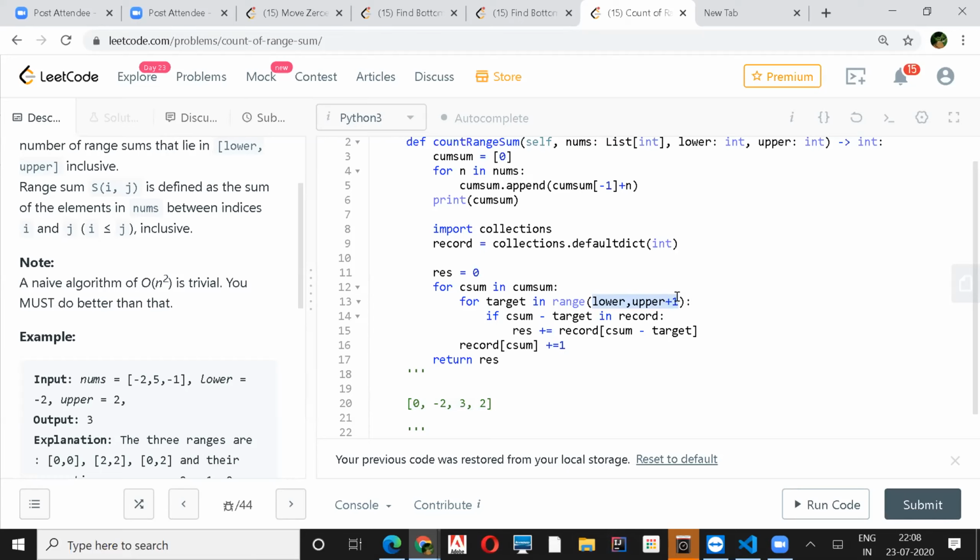That would be order of 1 in Python. The dictionary part will be order of 1, but line 13 won't take order of n. So we assume that the distance between upper and lower bound would not grow more than that. Would this not also grow? It is somewhat less than n, so it would not be more than n square. Yeah. Okay, thanks.